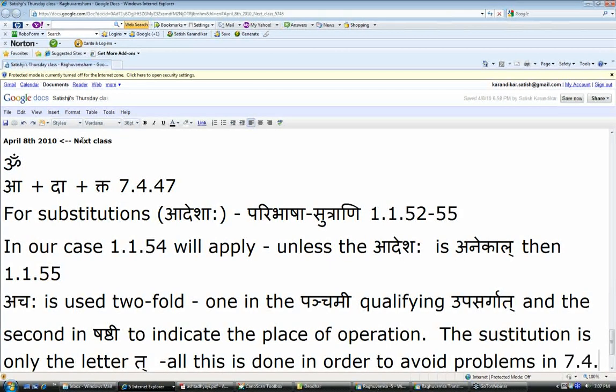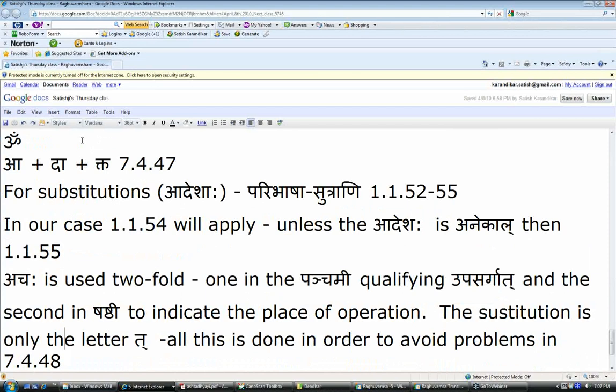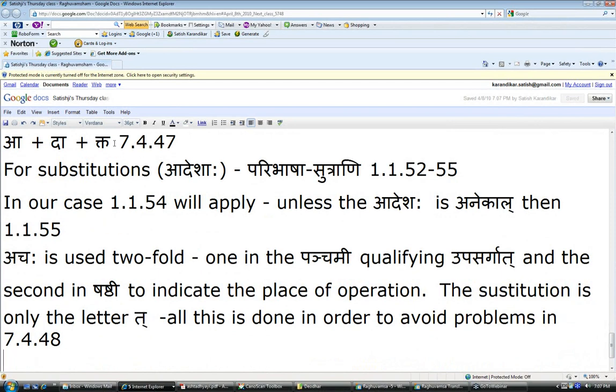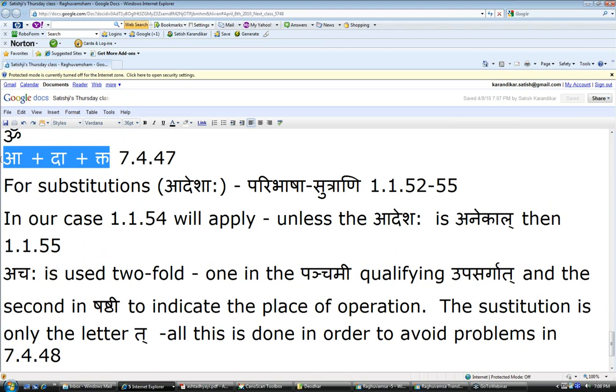Avoid problems in 7.4.48. Okay. Because there we don't take the anuvrutti of achaha at all. There we just make the alontyasya. Only the pa becomes ta, and we get the form adbhihi, adbhya, adbhyaha. So now what do we have? After we make all these adjustments, we get a plus da plus a plus the. We get like that now, because only the a portion of da is going to become ta.